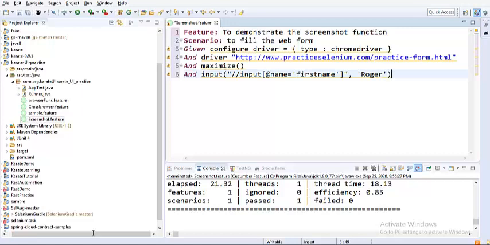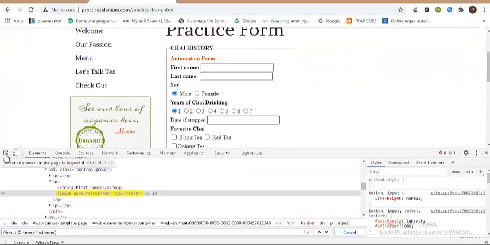I would say Roger is the value, and after entering the value, I would like to take a screenshot. Screenshot is a function which takes a screenshot, and the captured screenshot is pinned to the report. So let's verify. And also I would like to click on one of the radio buttons. So we'll also get the locator of it and pass that value.